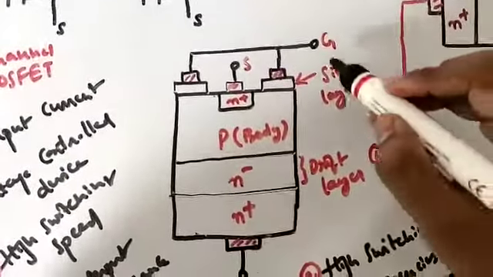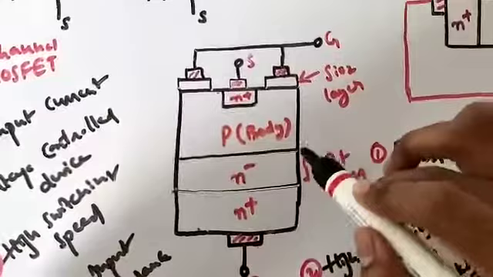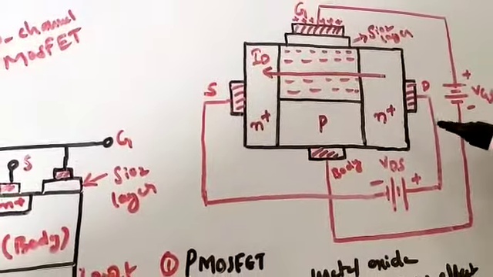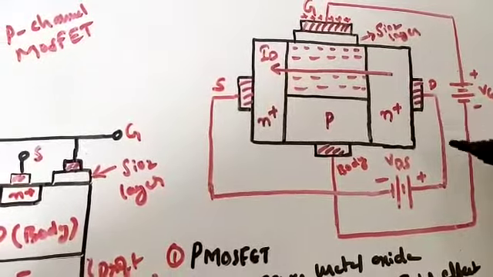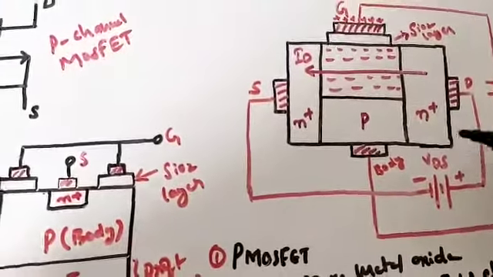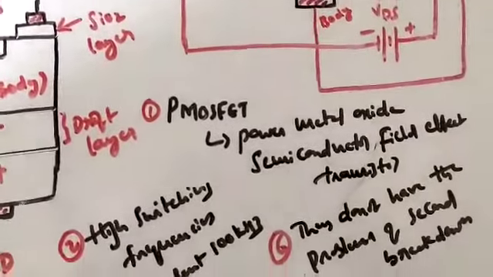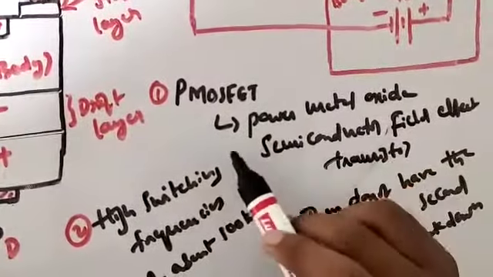So this is the structure of the power MOSFET I'll be explaining, and then this is the working of power MOSFET. This is the diagram which represents the working of power MOSFET. We'll be discussing it later, right? So before going for a discussion of this working, we have some points to be noted here.